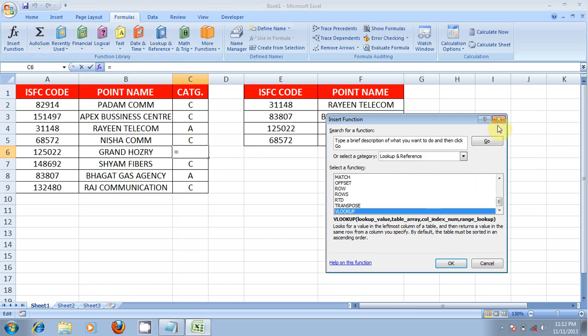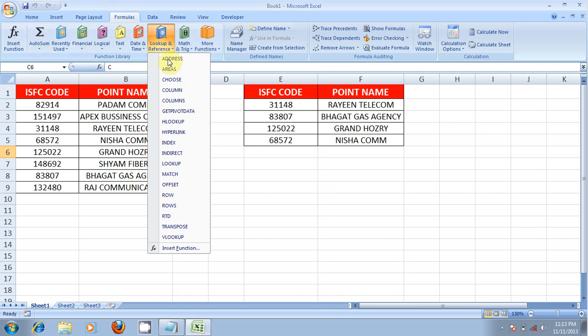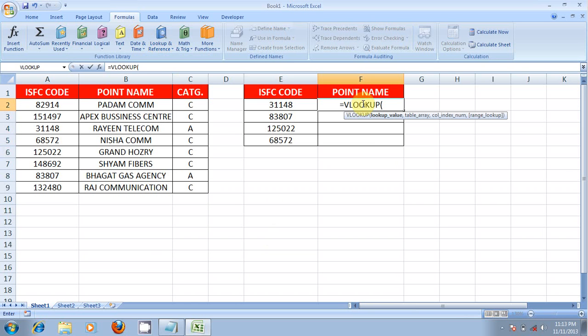You can use this method. Another way, you can pick the VLOOKUP pop-up from here. And another way, you can write the code directly using equal to VLOOKUP, etc. All these I have already discussed in our previous video.